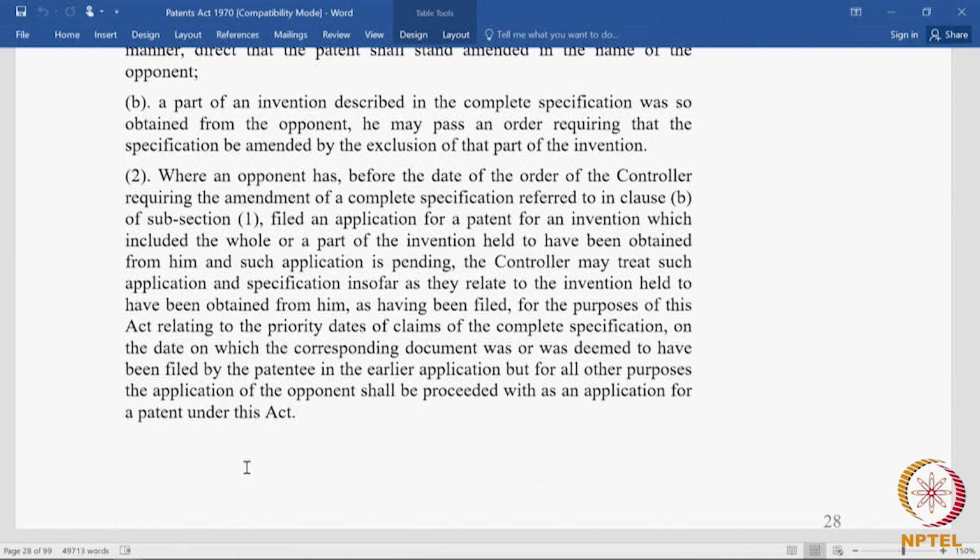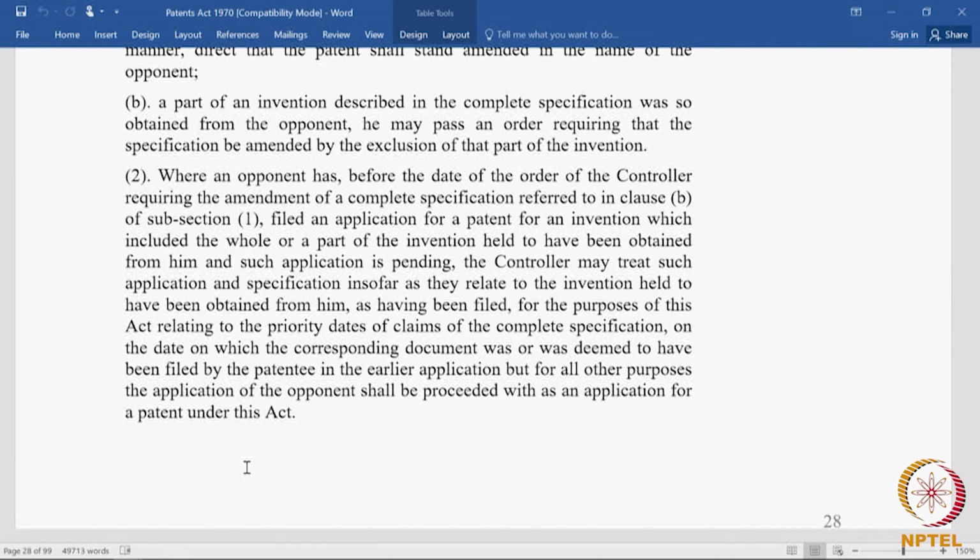Because if you file an opposition under 25(2) without filing your own application, then if the claims are struck off under 25(2)(a), you will not get it, because your case is that only a part of the invention is taken. Are you able to understand? Only a part of your invention is taken. If you do not have a parallel application, when the controller strikes off, revokes it, he amends and allows the patent to continue without your part of the invention. And how do you claim it? So, the safeguard is that you should file an application before you contest the post grant. Again, this is a practice tip which you should advise an opponent.